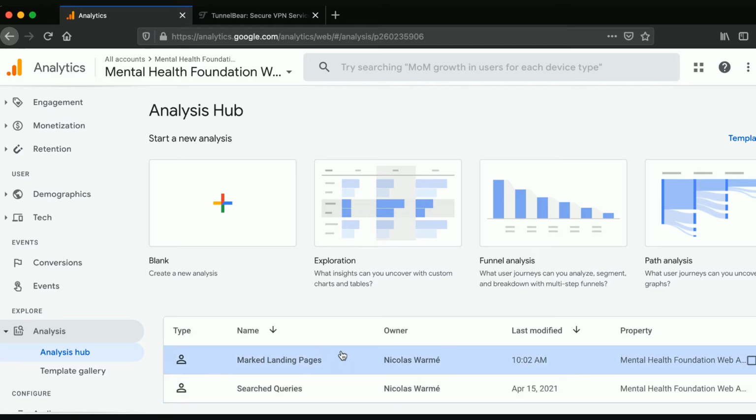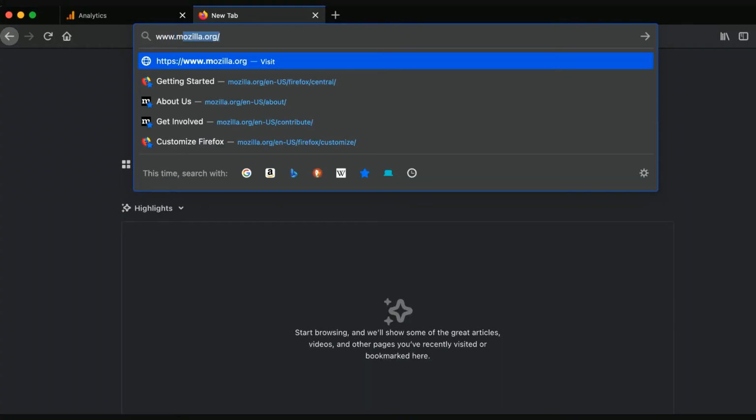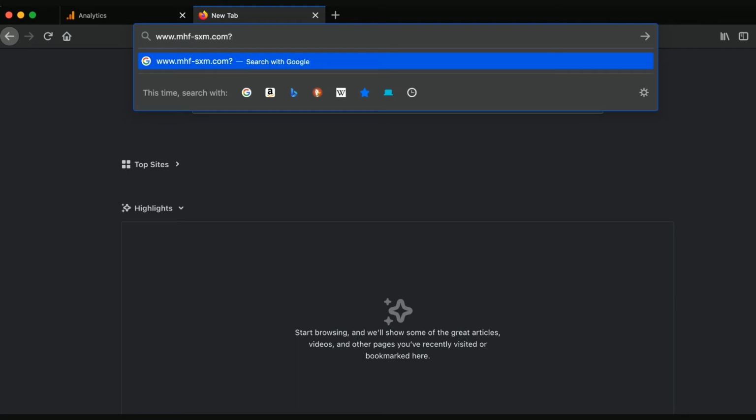Moving on to Analysis Hub. So from there you can create custom views, and if you're working with us, normally you should have at least the market landing pages. Market landing pages allows you to measure traffic coming from specific links you can create yourself. Let's take an example. Let's create a custom link, and we're going to start with a regular address of where we want to land, and it's going to be, in our case, mhf-sxm.com,